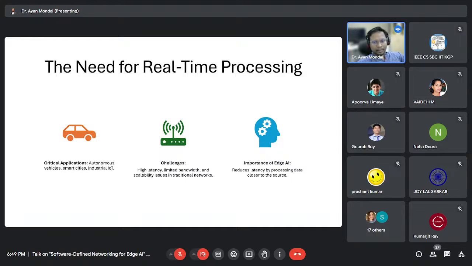So take the example of healthcare. I don't know if you follow the world news, but recently in China there was a remote operation, where they used 5G communication and operated on the patient from a remote location. That can only be feasible